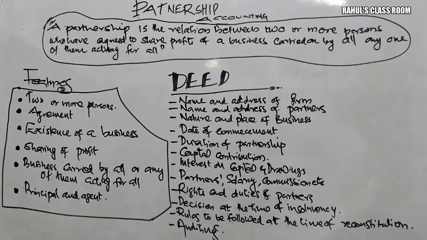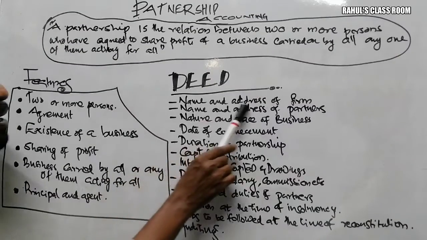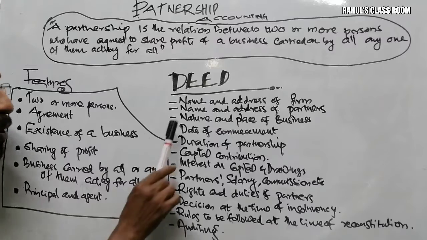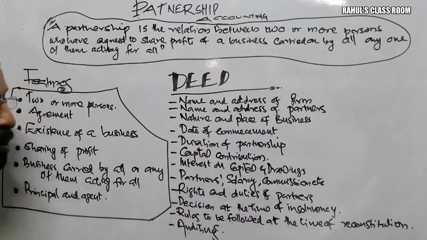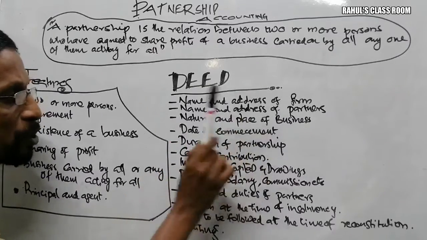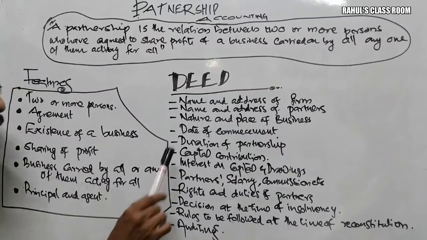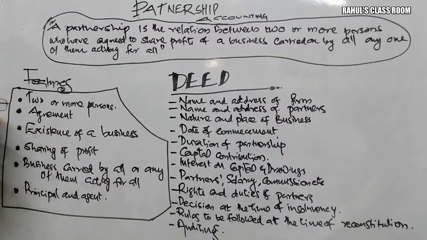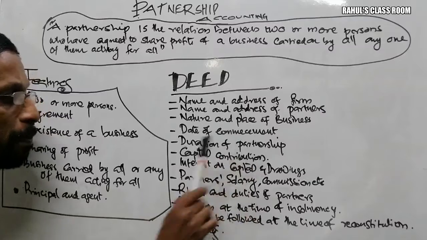So these sorts of details will be clearly mentioned in the partnership deed. So again, partnership deed or partnership agreement is a must, to avoid unnecessary problems. And what are the contents we discussed here? Number one, name and address of the firm, name and address of the partners, nature and place of business organization, then date of commencement of business, duration of partnership,